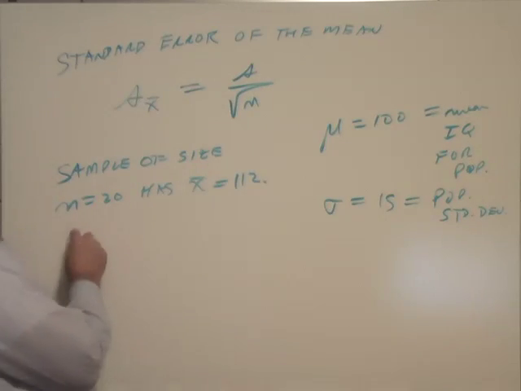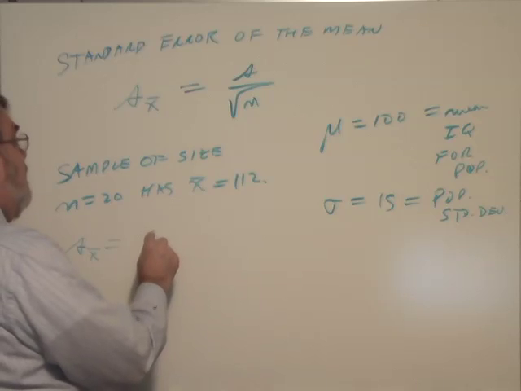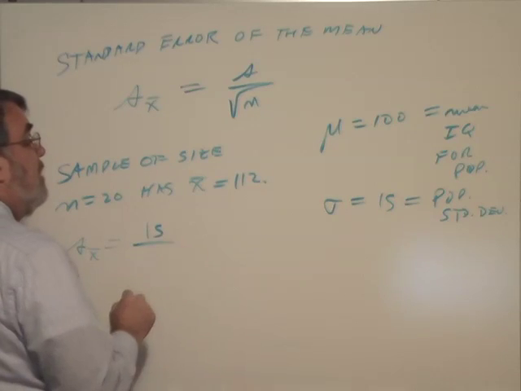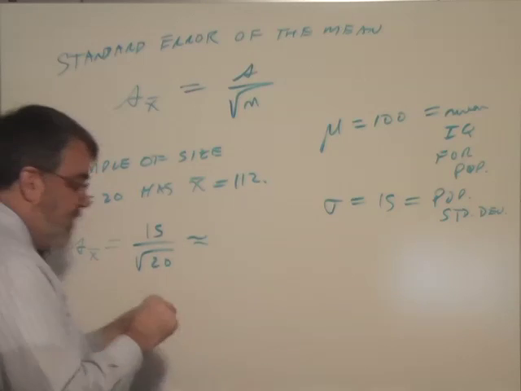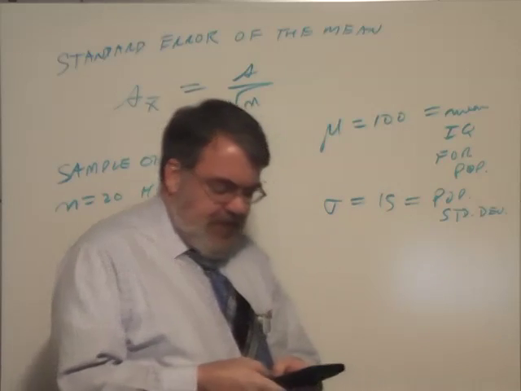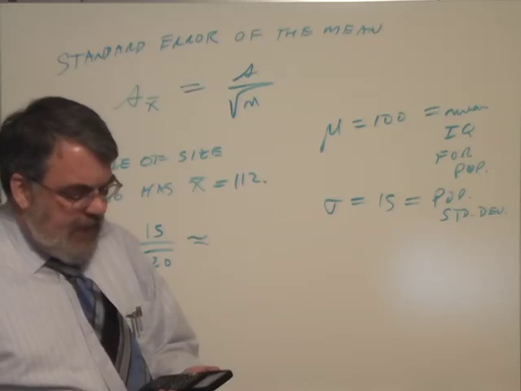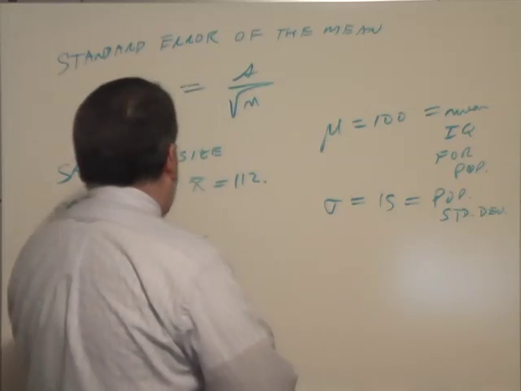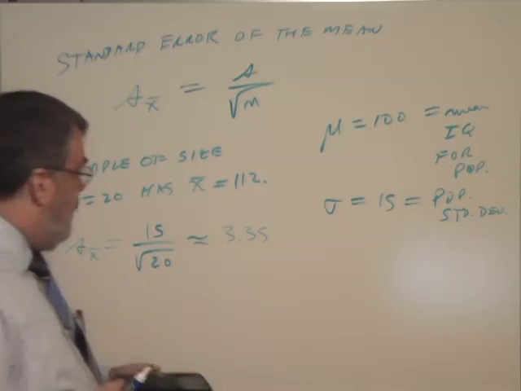Okay, so the standard error of the mean, Sx bar, is 15 divided by the square root of 20. Okay, so what is that number? 15 divided by the square root of 20 is 3.35. Okay, so